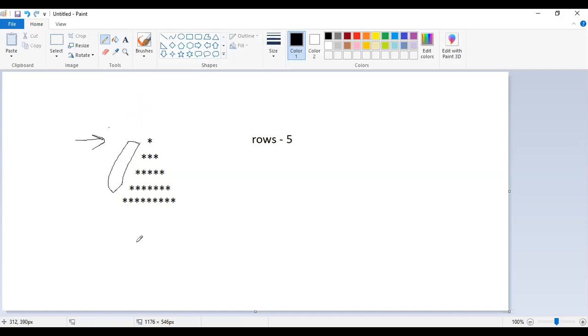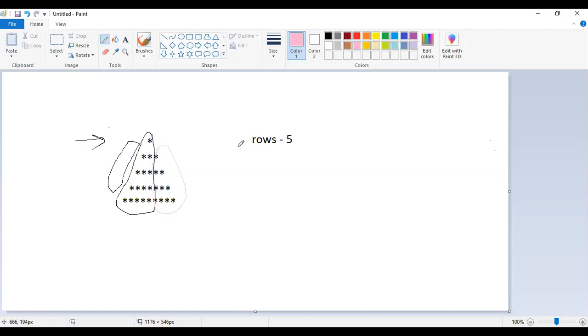Then next, just split this pyramid into two parts, the left hand side and the right hand side. First draw this section, and then draw the remaining part. In this manner we are going to complete this task.